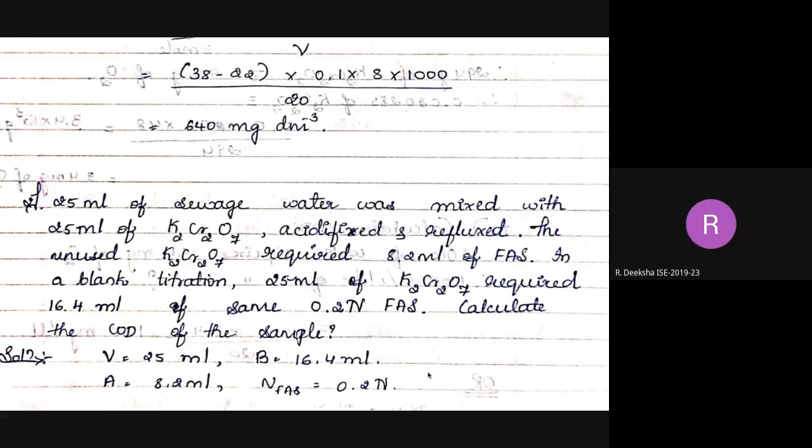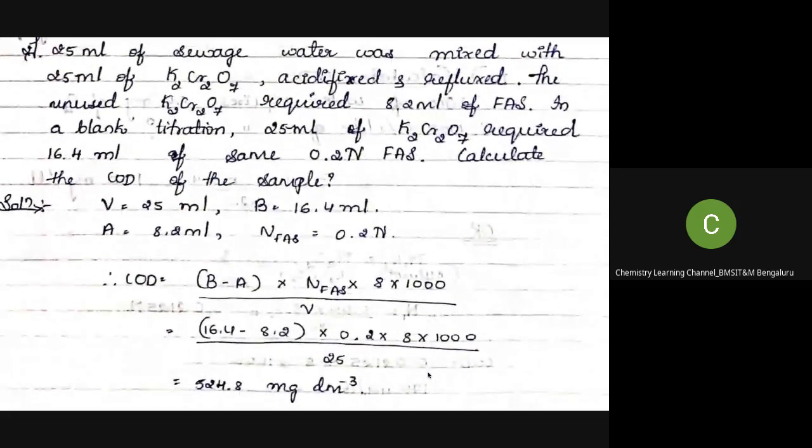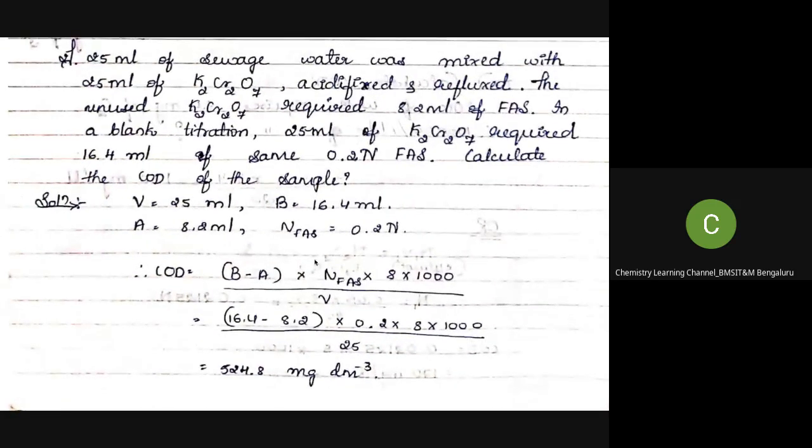Ma'am, 524.8. Correct, 524.8. Has everyone got the same answer? 524.8 mg per dm cube. Yes, ma'am. Okay. So next question is,